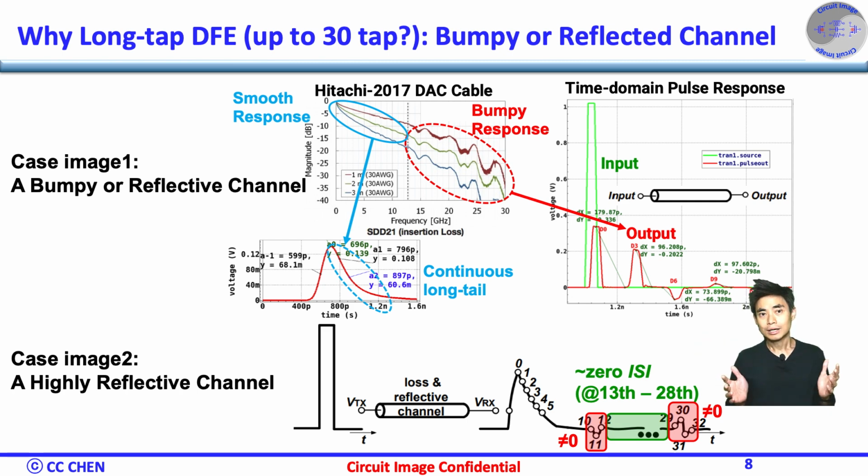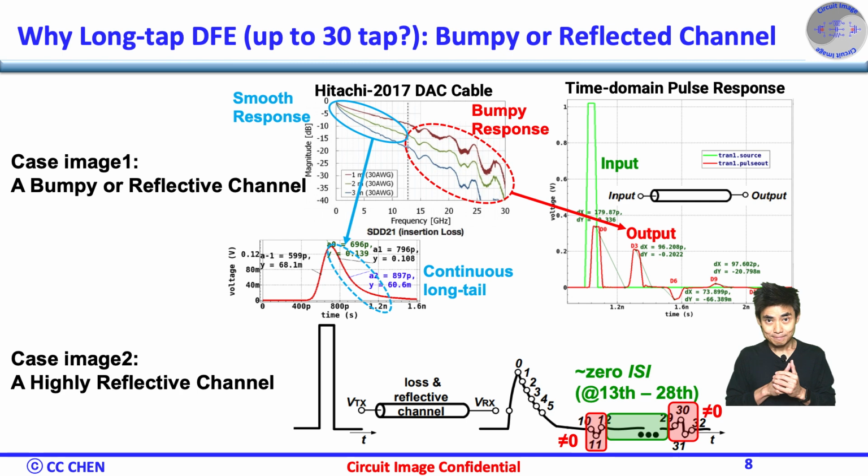As shown here, the output after the channel, the ISI or the reflection will be at 3 UI, 6 UI, 9 UI, and 12 UI delay, which is not like a continuous long tail from a smooth, lossy,